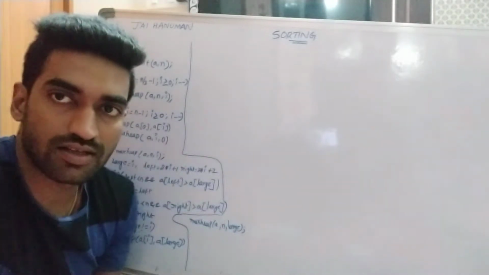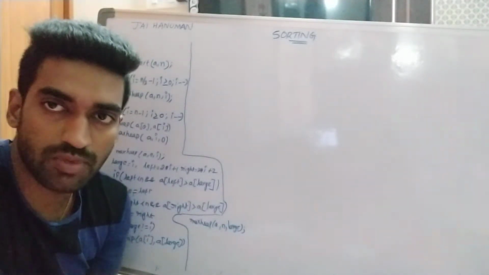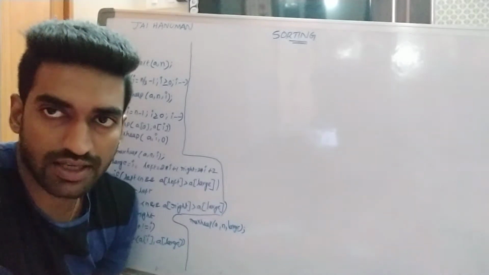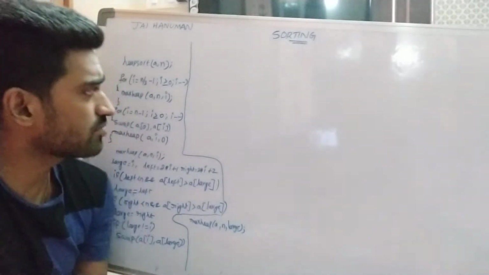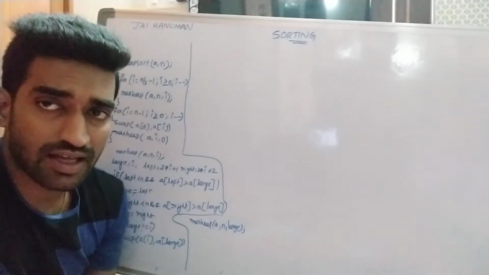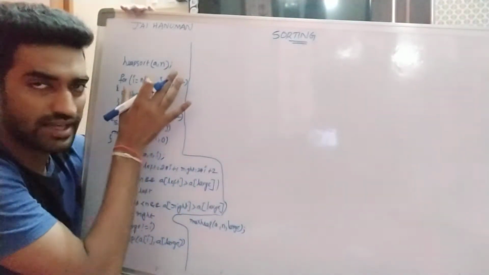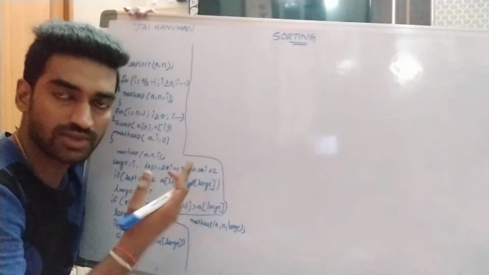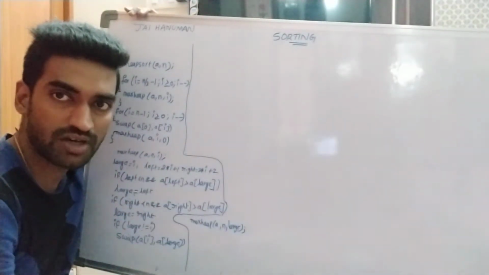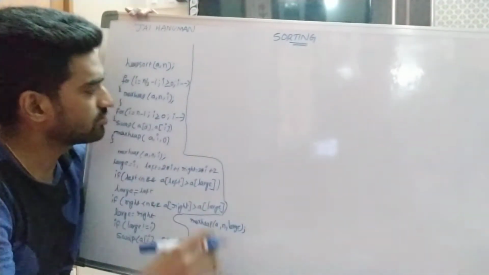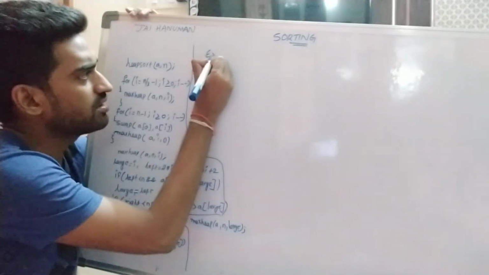Yes, hi friends. In the previous session, we already discussed the algorithm for the heap sort mechanism, right? So in this session, I am taking one example, and that example can be traced with the help of heap sort steps, and finally we can arrange all the elements in ascending order, right? So here I am taking one example.